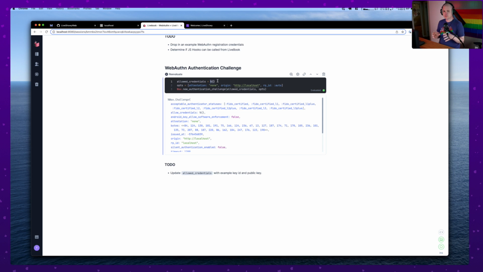And I'll take the key ID and then the public key, and those are passed into a map here. Pass in the same options that we had before, and then the allowed credentials and the options are passed into an authentication challenge. And by the way, allowed credentials could be multiple. So if I have 3 or 4 different devices associated with my account, allowed credentials should include all of those devices. So for each key, that should show up in the map with the key and the value